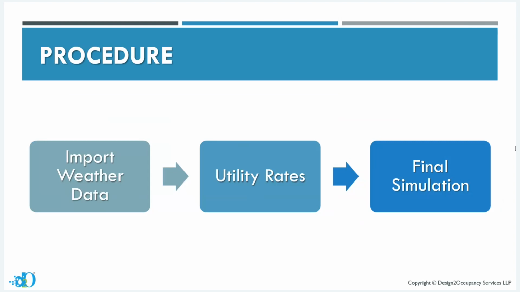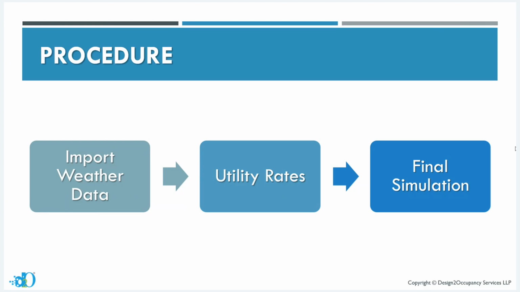So, first important thing is to import the weather data. Various sites are available on Google which give us the data, the .bin file or EPW. There are various formats available on Google. Normally we use EnergyPlus, because eQUEST is the EnergyPlus engine. So we need to import the .bin file, and this can be downloaded from the EnergyPlus website